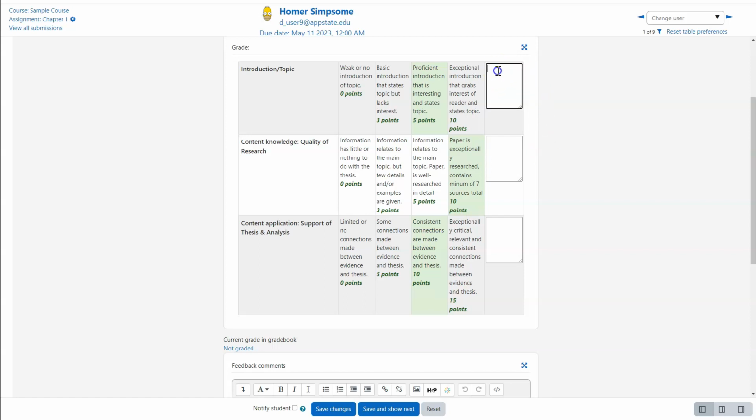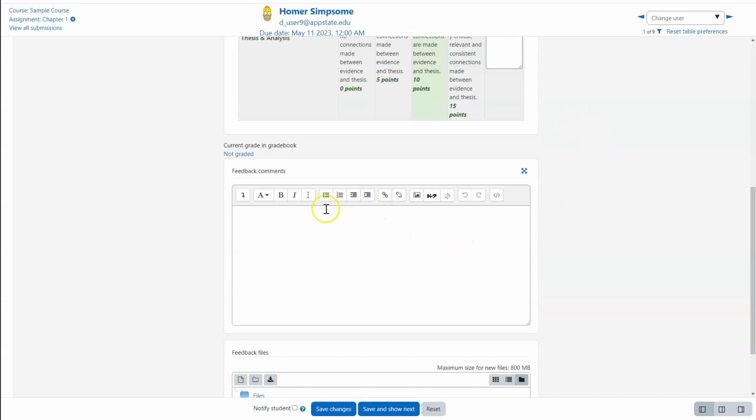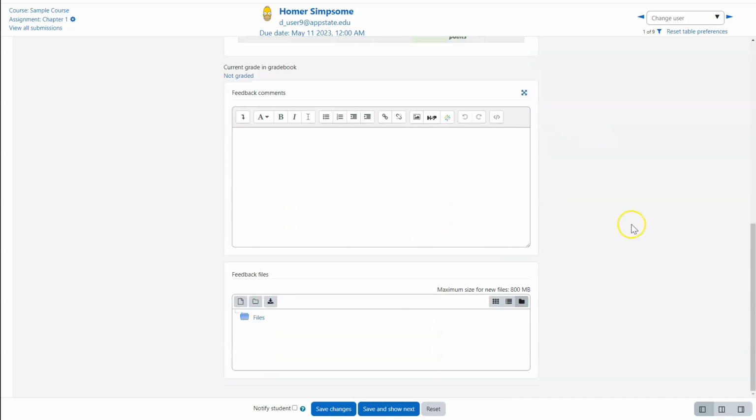I can also add comments, so I can comment on each criteria. So what they did with the introduction to topic, I can give them comments there. I can also give them generalized feedback for the assignment, and I can upload a file. So if I wanted to make notations on like a Word document or PDF, I can upload their copy of it back with my comments. So I'm going to hit Save Changes,